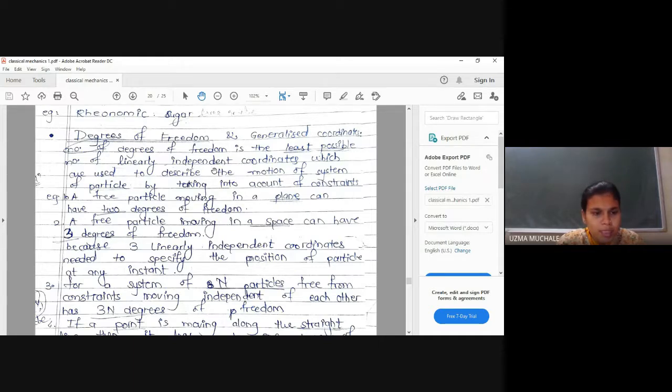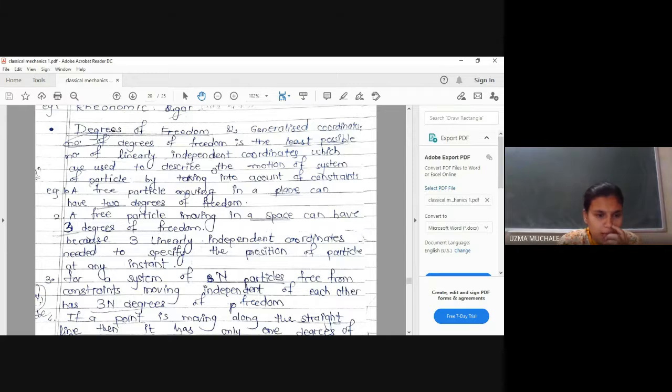So let us go for the example. A free particle moving in the plane can have 2 degrees of freedom. Why can we say it is 2 degrees of freedom? Because if you are moving the particle on the plane, plane means what? It may be the xy plane, yz or zx plane. If we are considering the motion on the xy plane, obviously it will have 2 coordinates, because